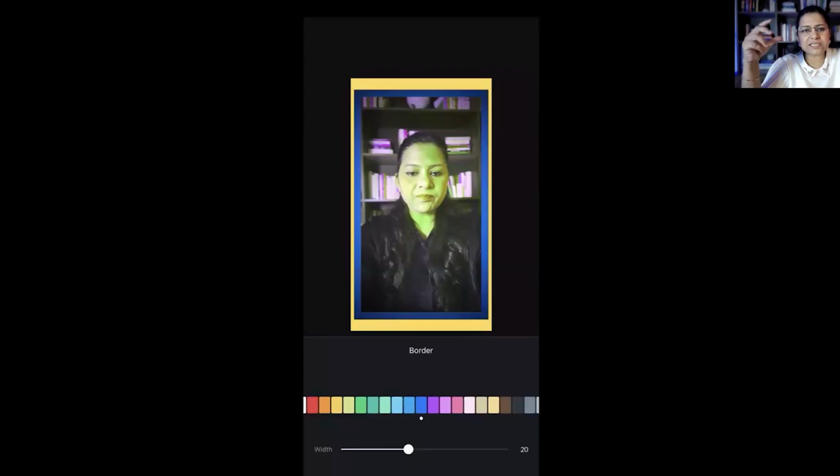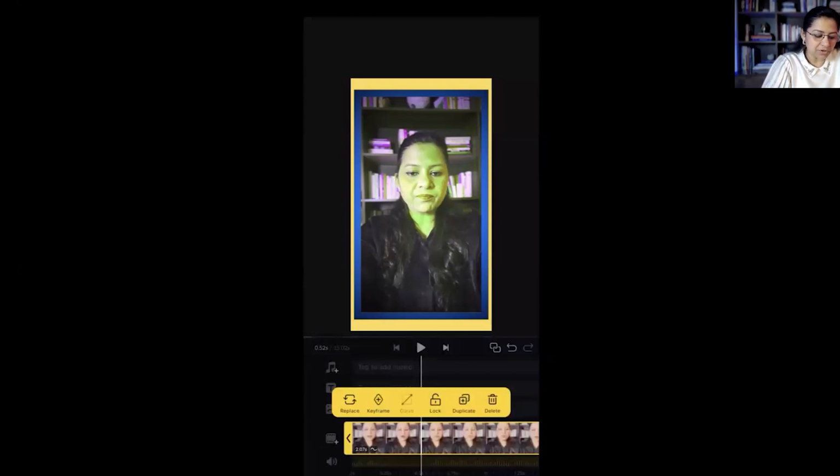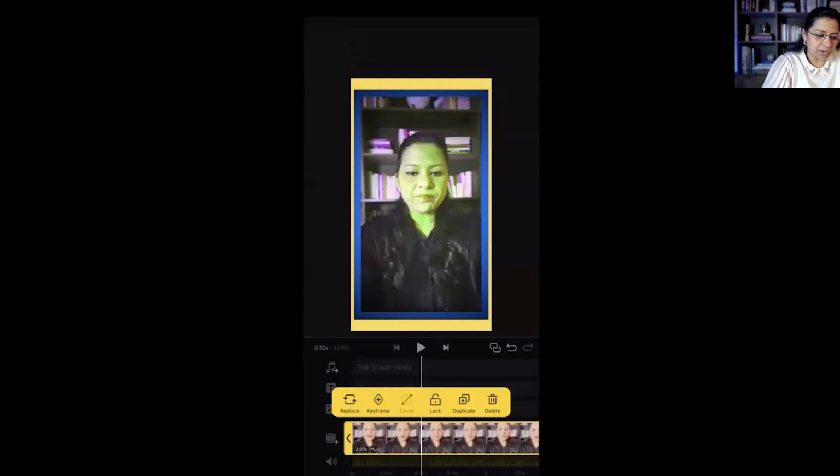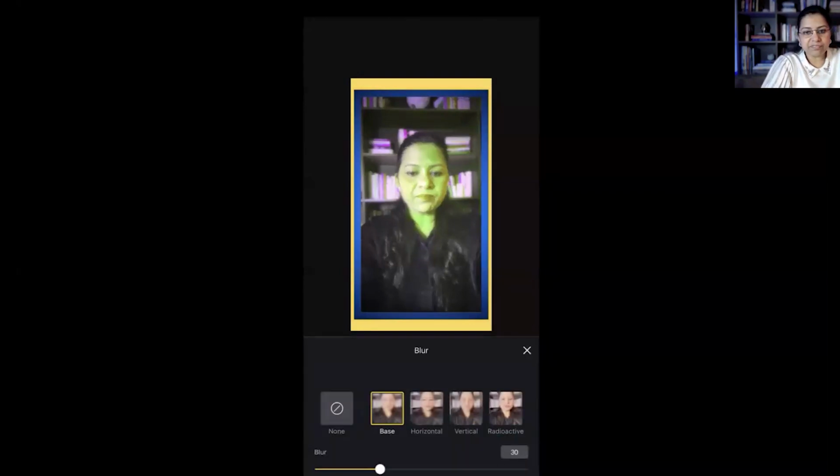So these are different ways the curiosity and the sanctity of a particular video is maintained. And you may not do this throughout the video. You may do this for 5 seconds in the entire 60 seconds, depending on the logic and why you want to create a video frame like this. So this is how you do the background and the border. After that, you may look into blur. If I use blur, my face will be blurred. Horizontal blur is here. Vertical blur is here. Radioactive blur is here. You can also increase or decrease the intensity of the blur.